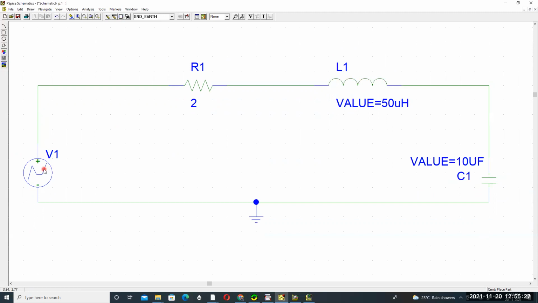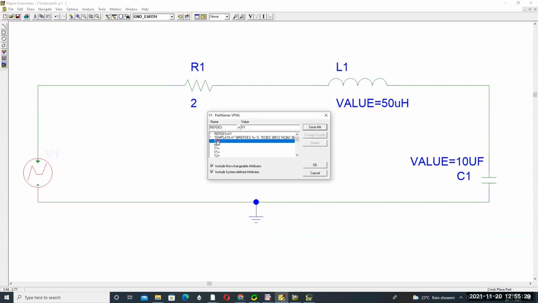Then coming to the source voltage, first DC is equal to 0 volts. Save. AC is also 0. Enter 0, save. And then our times: T1 is equal to 0, V1 is also 0. First 0 0.